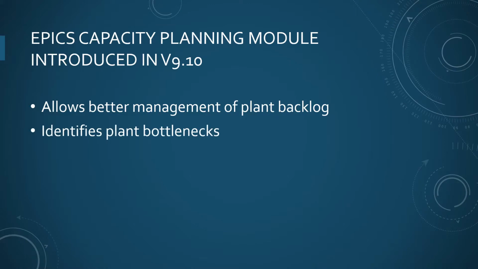The capacity planning module also helps you more readily identify plant bottlenecks. So you may be able to look at your calendar and see, well, we've got a lot of jobs coming up in the extrude department, we've got a lot coming up in the paint department, and fabrication and anodizing and so on. But what you may not realize is that because of where or what time the bottleneck is occurring,